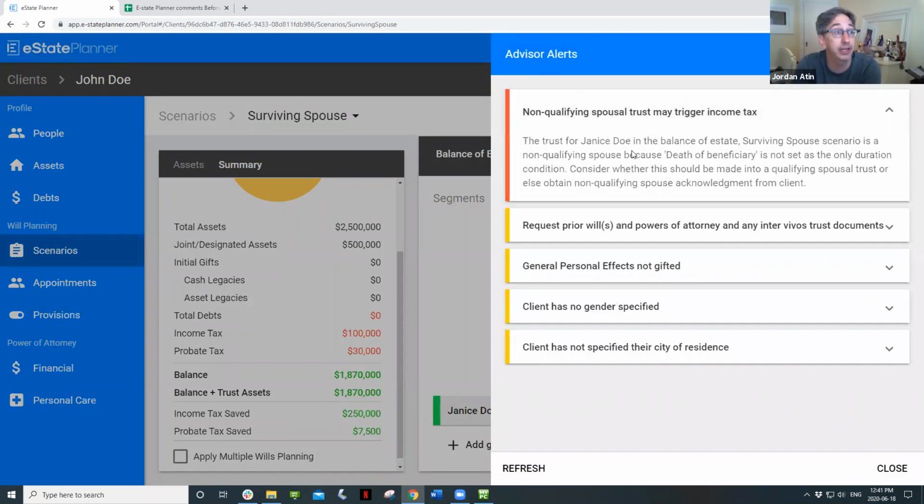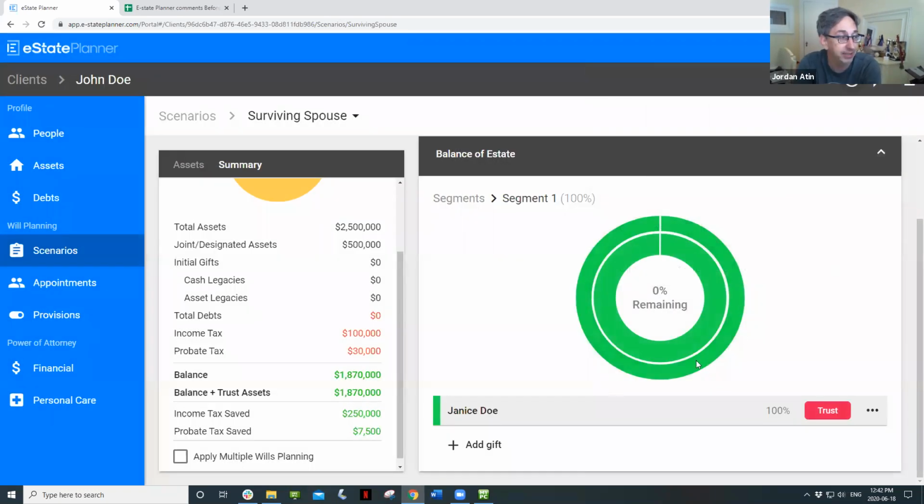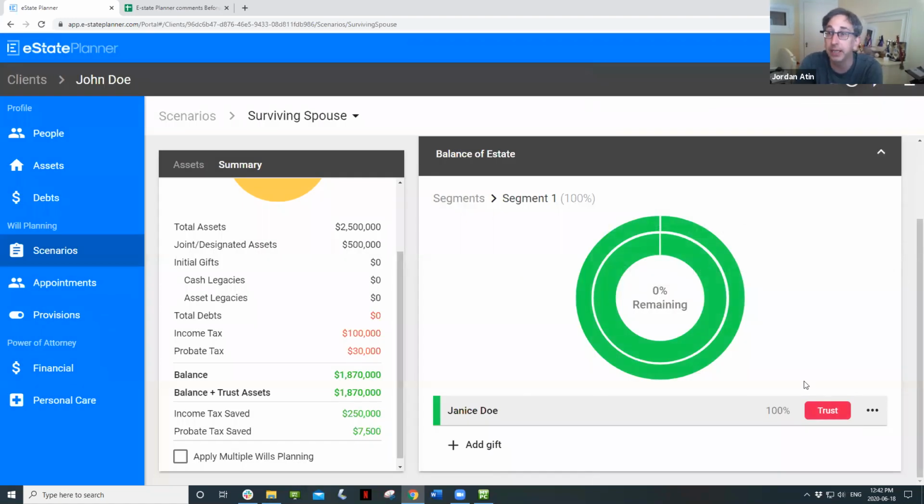Yes. So I click here and I say, hold on a second, because the death of beneficiary is not set as the only duration condition. So just consider whether this should be a qualifying spousal trust or else get a non-qualifying spouse acknowledgement. In other words, confirm that the client is okay with the fact that it's going to create this tax issue. Okay. So that's how eState can sort of double check if you do something,